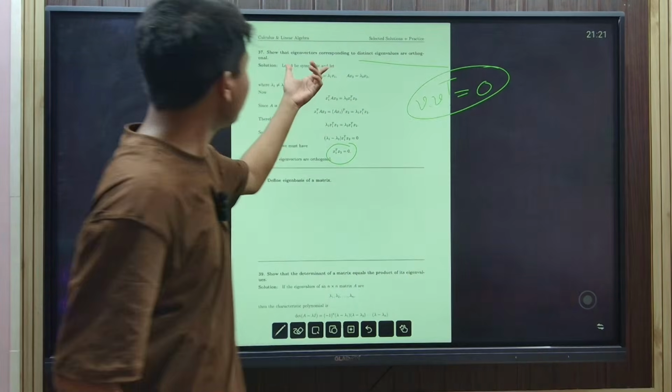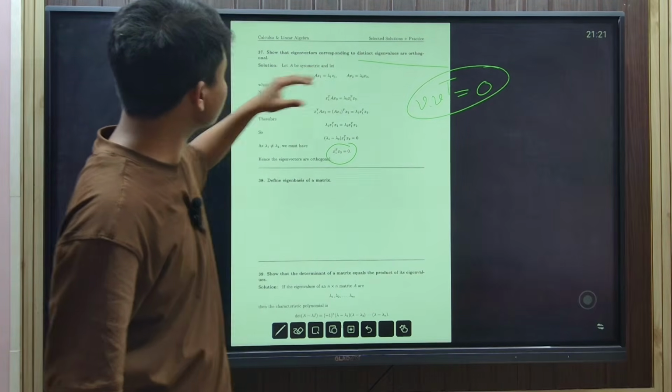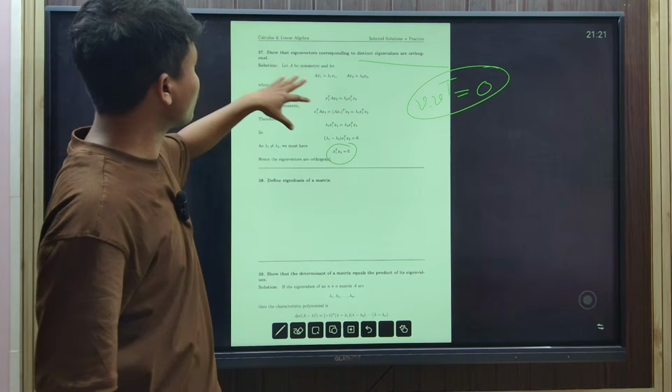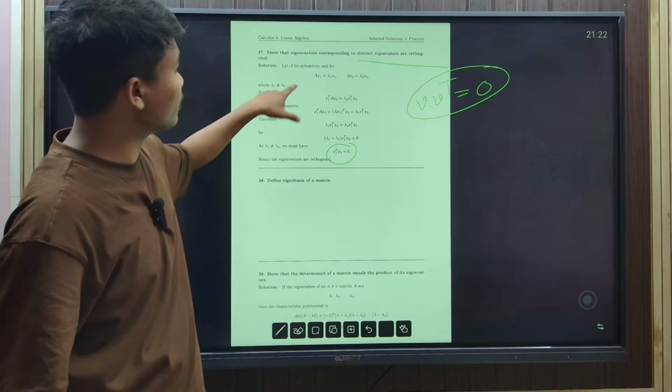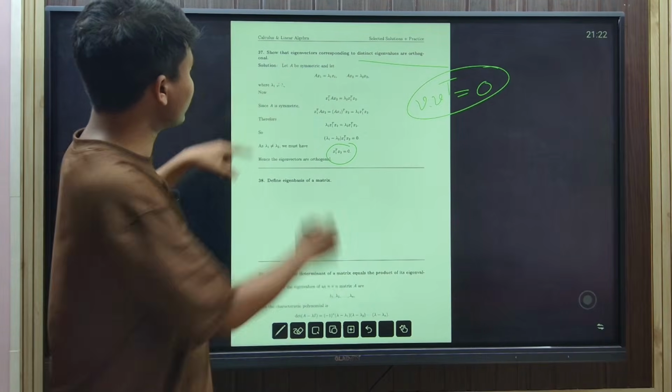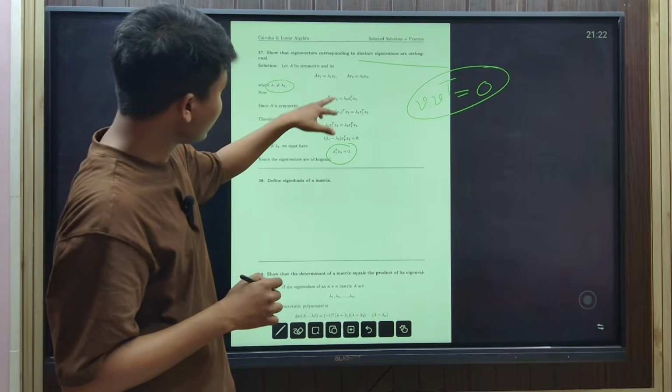If it is a symmetric matrix, then the eigenvectors corresponding to distinct eigenvalues are orthogonal. Now A x1 equals lambda 1 x1, A x2 equals lambda 2 x2. Why is lambda 1 not equal to lambda 2? Because distinct eigenvalues are given. Now x1 transpose